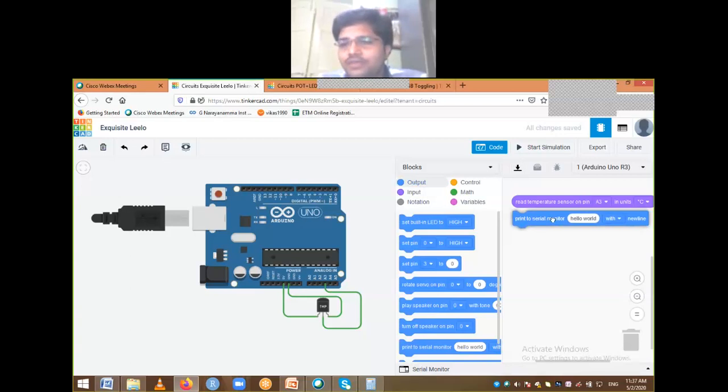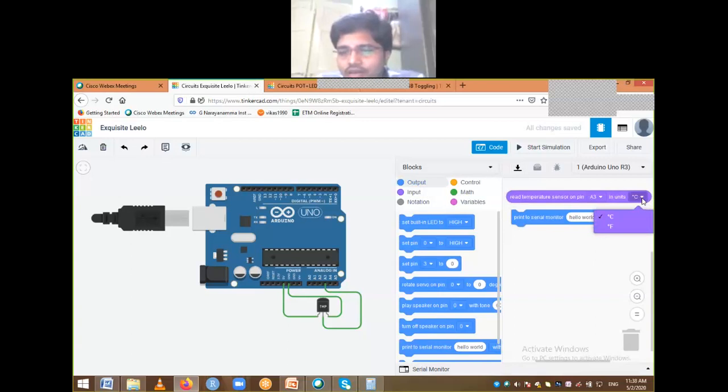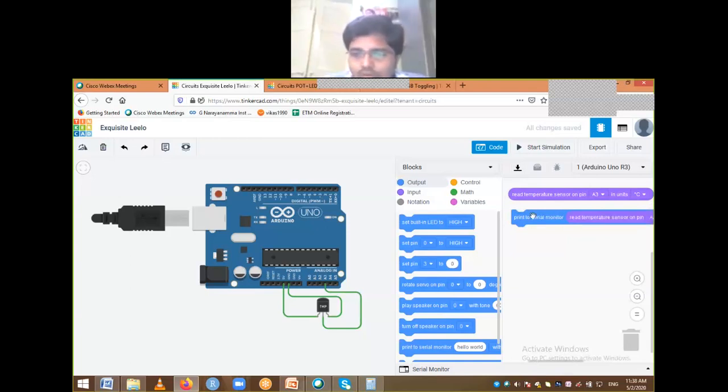We are reading on A3. Basically we have the option for reading in degrees or in Fahrenheit. Let me try dropping this one, make duplicate, and drop it. Similarly, I also want this value to be printed in Fahrenheit.